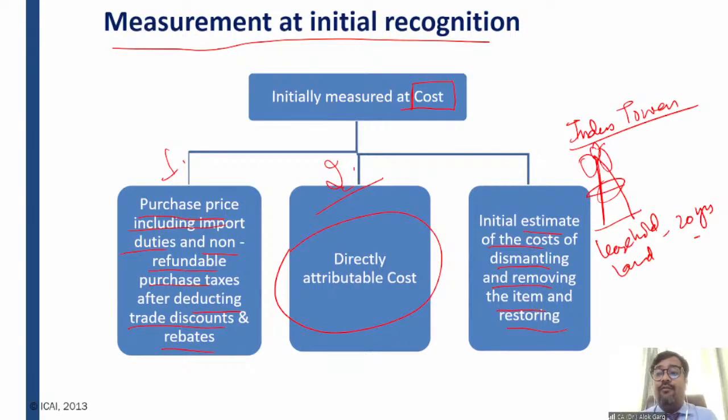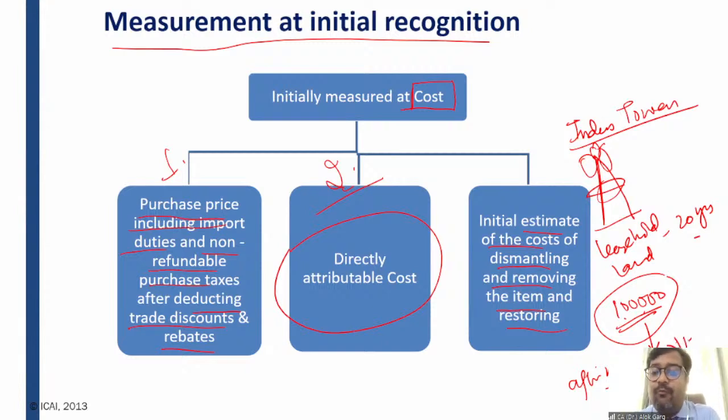And for example, this restoration and removal cost is, let's say today, 1 lakh rupees. It is 1 lakh rupees today, but this cost has to be incurred after 20 years. So what they will do, they will take an impact of inflation. For example, current cost is 1 lakh, then what will be the estimated cost after 20 years? If today I am spending 1 lakh rupees and inflation is 6%, so of course I will spend 1 lakh multiplied by 1 plus 6% after 20 years, right? So probably I will incur, let's say 15 lakh rupees after 20 years, or let's say 10 lakh rupees after 20 years.